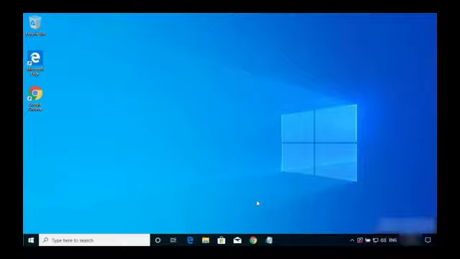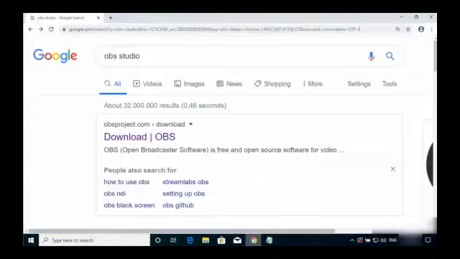In this tutorial, I will show you how we can download, configure and use OBS Studio. It's very easy, so let's make a start. Open Google and write OBS Studio. The first website you will find is obsproject.com. Click on download,